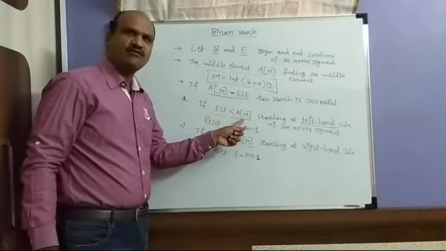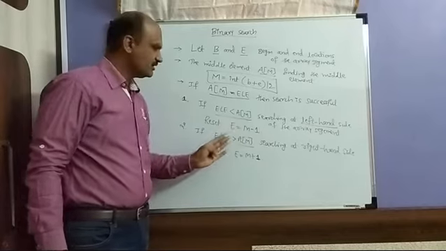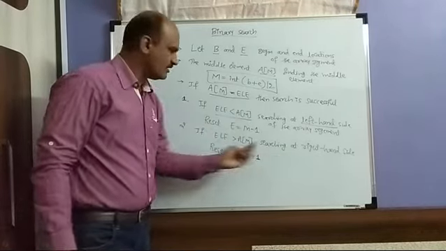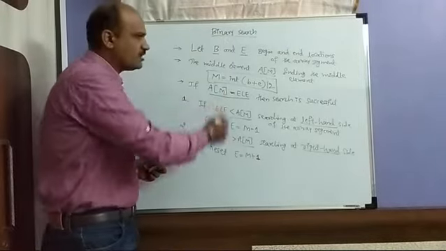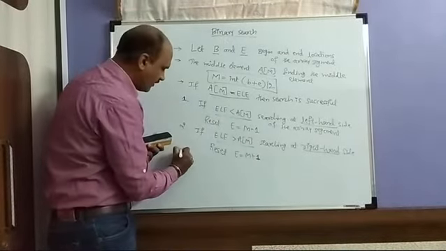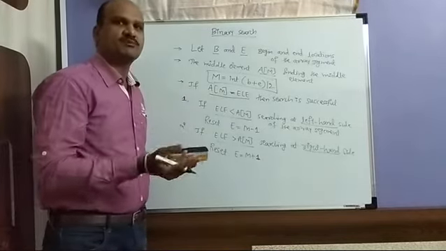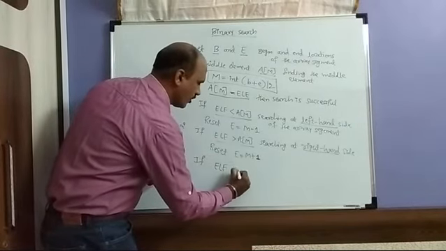When the element is less than a of m, search the left hand side and reset E to m minus 1. When the element is greater than a of m, go for the right hand side, then B will be m plus 1. If I give any other search element which is not present in the array, then the element is not found.